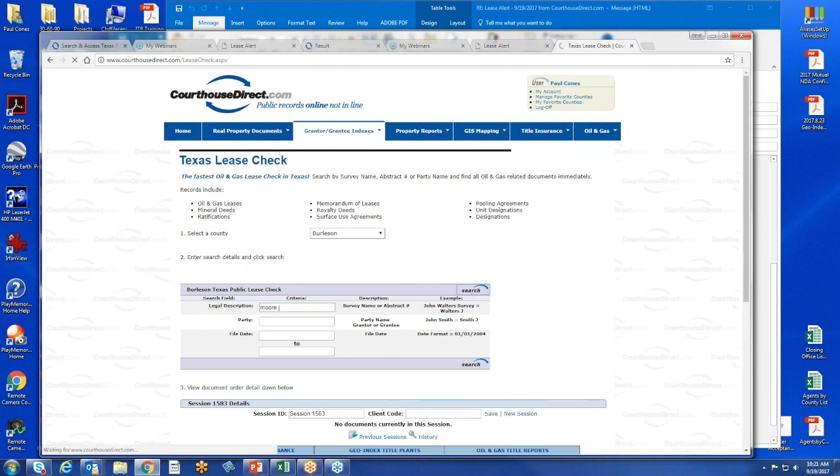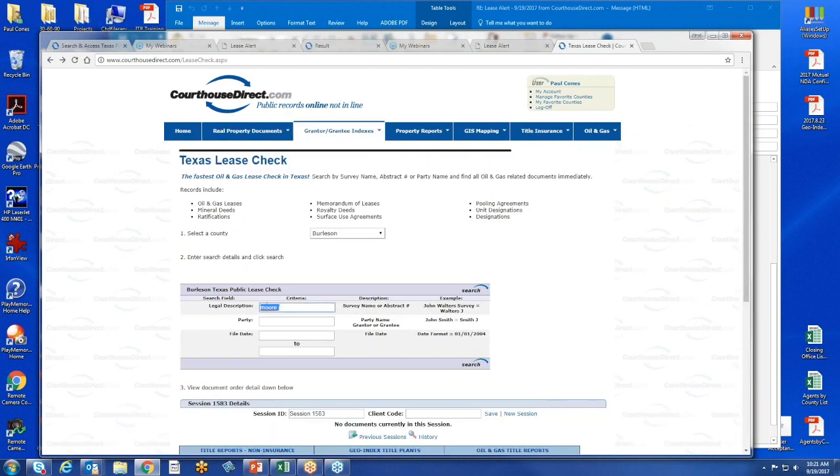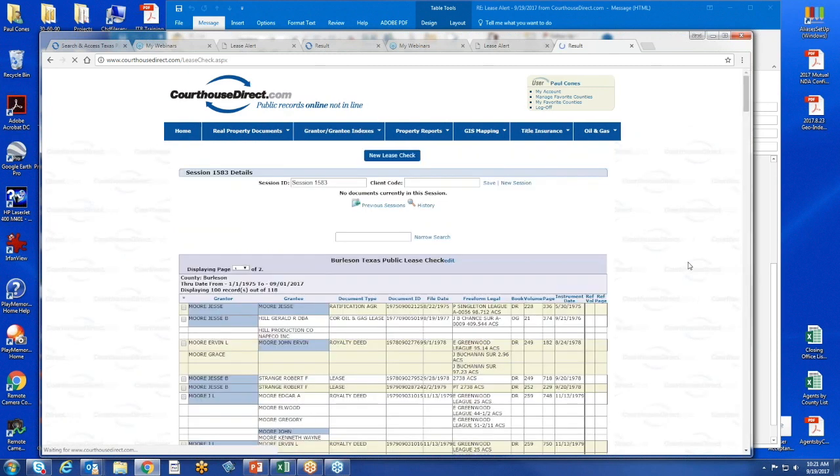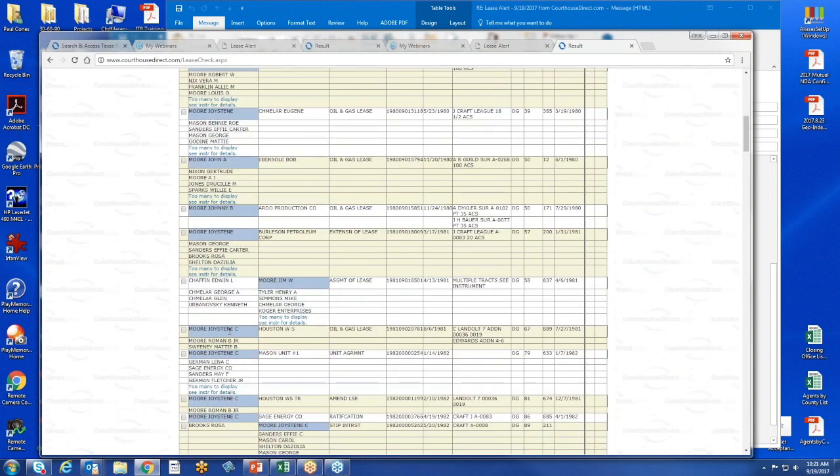Well, that's not going to work because you notice I was putting the name in the legal description area, and I don't want to do that. So again, I want to run the name, J Moore, find every kind of activity with J Moore, and it's a fairly active name here. Again, I can flip through these pages, but let's say, for instance, I know that